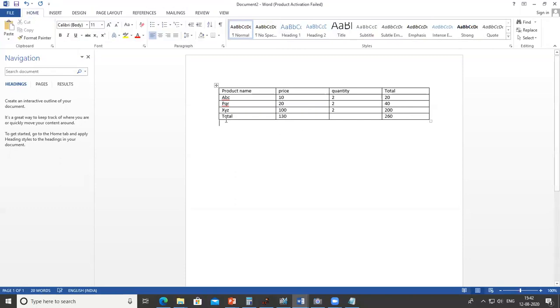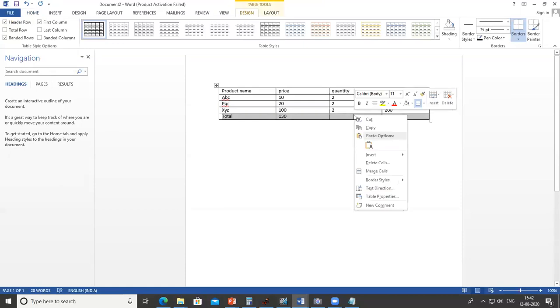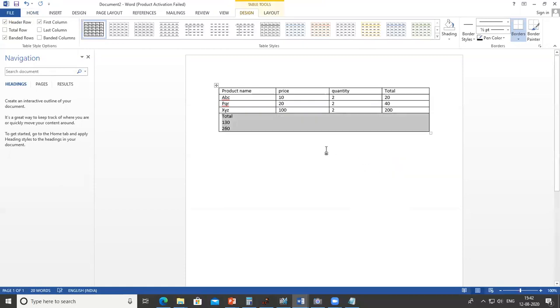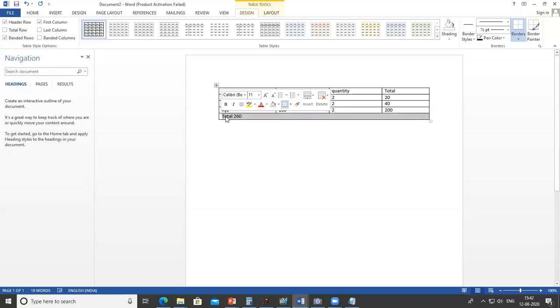So here if I want to merge this cell, I just simply click merge cell and I write here total 260, right? If I want this one at center, I just click here.